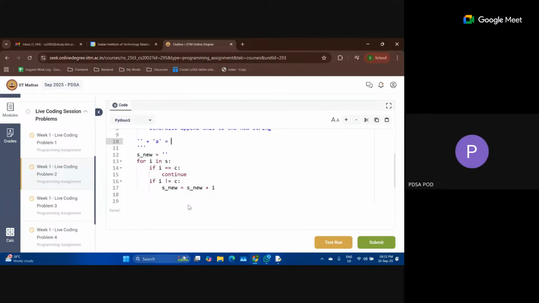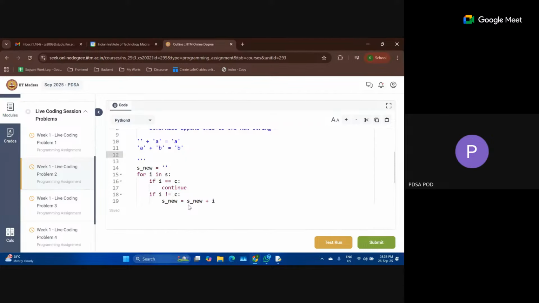So this will return me the string A. In the second iteration, I already have A, and now I am going to add the character B, so this will return me AB.